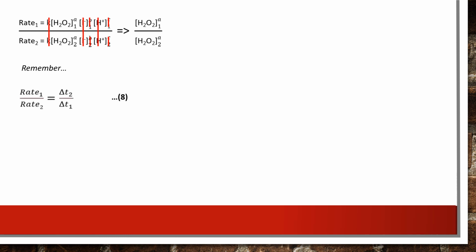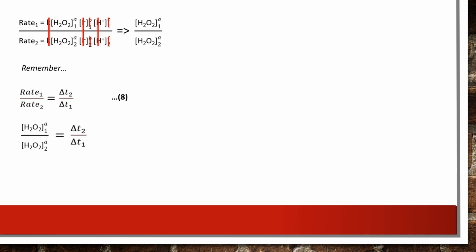We also just proved that rate 1 over rate 2 is also equal to the change in the time for reaction mixture 2 to occur divided by the change in the time for reaction mixture 1 to occur. So by logic, if A is equal to B and A is equal to C, then it's only logical that B is also equal to C. As such,